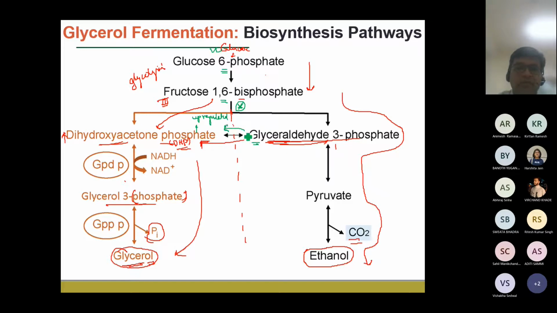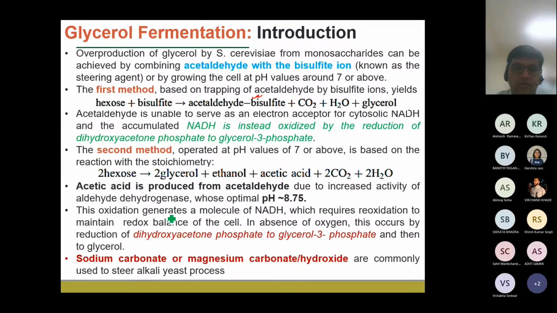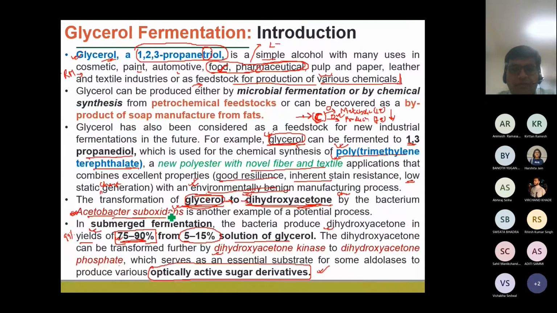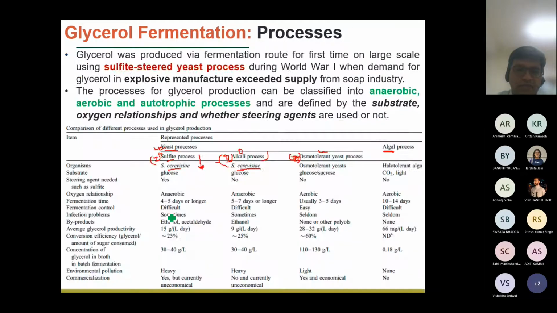present which can irreversibly convert the glyceraldehyde 3-phosphate into the dihydroxyacetone phosphate. So we will look into the strategies by which we can improve the production of the precursors, especially the dihydroxyacetone phosphate,